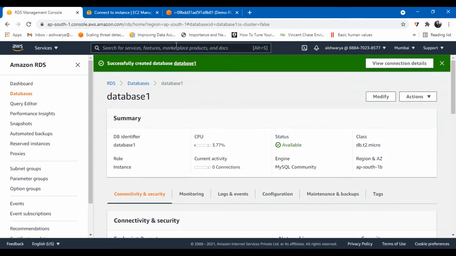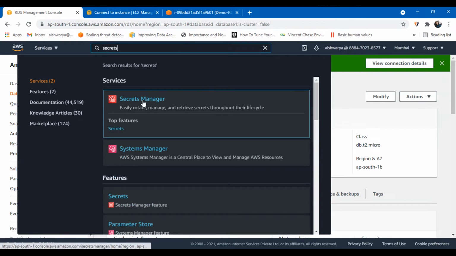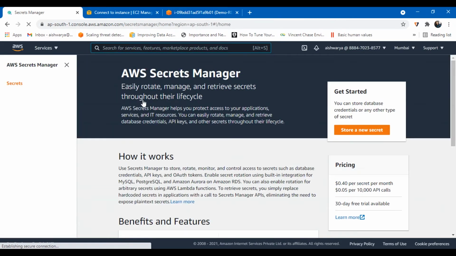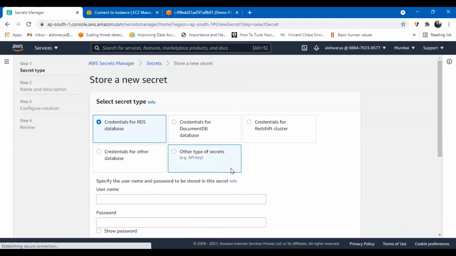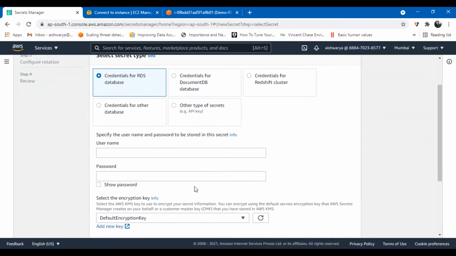So for that we have to navigate to Secrets Manager, and let's create a new secret. Here just click on store a new secret and select the credentials for RDS database, because we are storing the username and password for this.